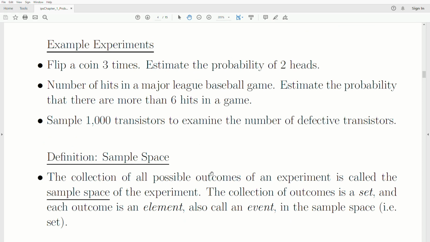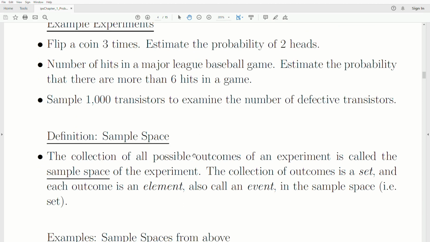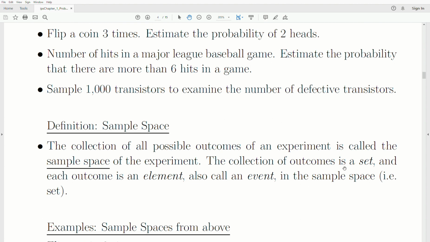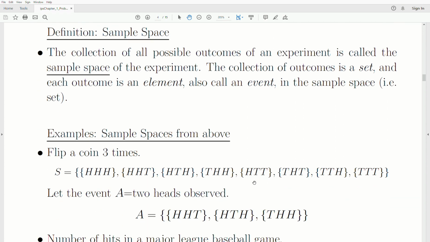Now, the collection of all possible outcomes of an experiment is called the sample space of the experiment. The collection of outcomes is a set, and each outcome is an element, also called an event, of that sample space. So examples from above: if we flip a coin 3 times,